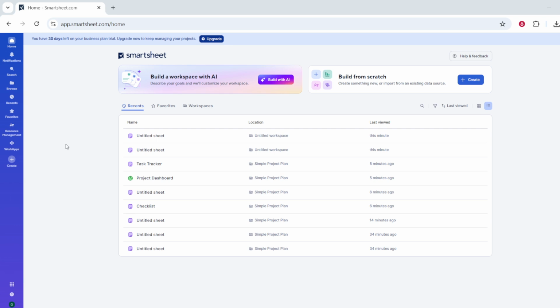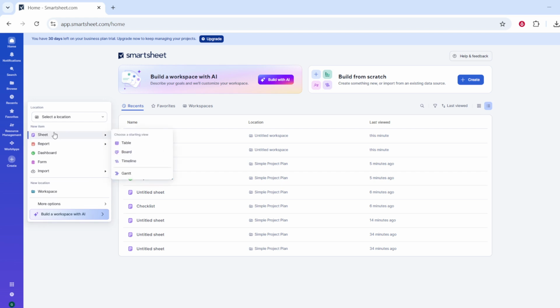First, log into Smartsheet. On your screen, you should see the Smartsheet login page or the sign-in window. Enter your account information and proceed to the main Smartsheet interface. Once you are signed in, you should land on a page where you can manage your existing sheets and access the navigation menu on the left side. This matters because the Create option is located in that left navigation area, and you will need to be logged